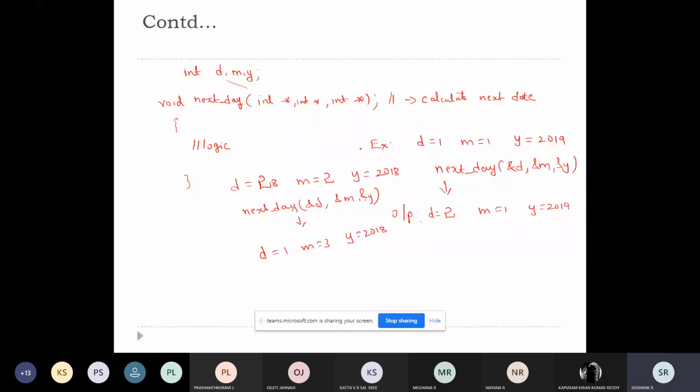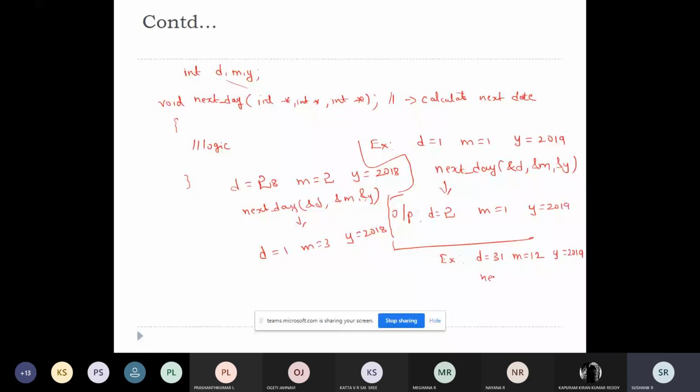Now we'll check an example to change the year also. Date should be 31, month should be 12, and year let it be 2019.